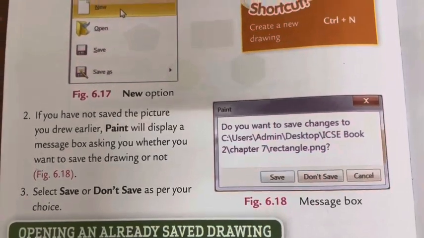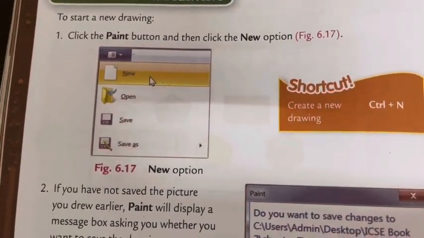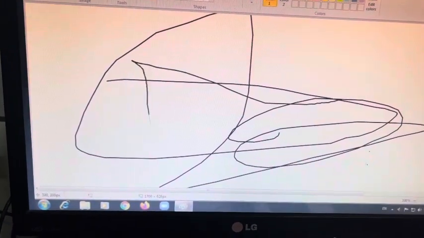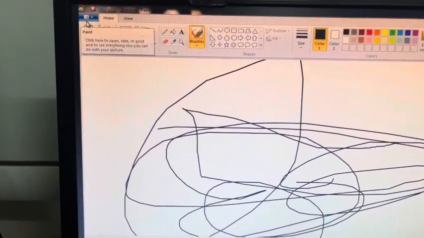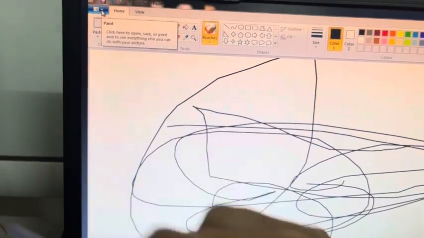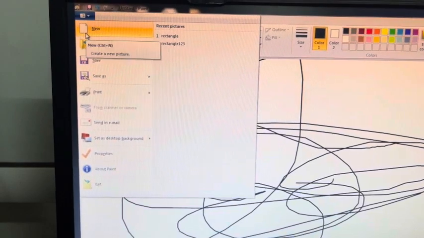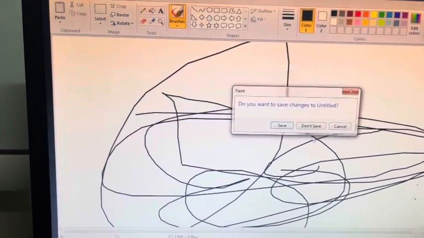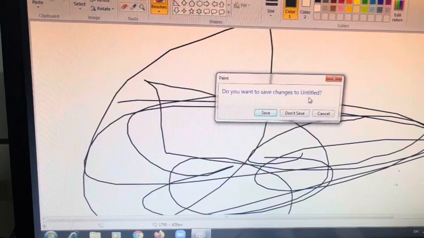Right? Now I will show you how to open a new Paint. This is a Paint window I have open on the screen, right? Here is the Paint button. You click on the Paint button, there is an option New, and a dialog box appears: Do you want to save the changes to untitled?